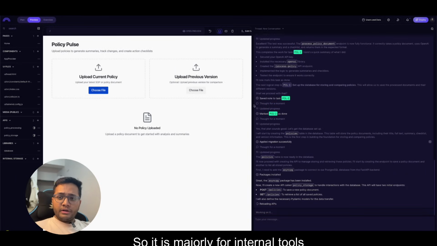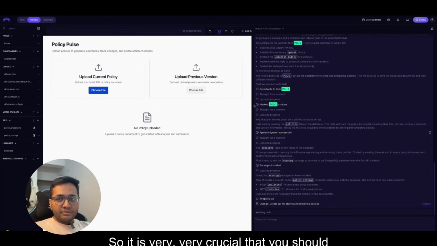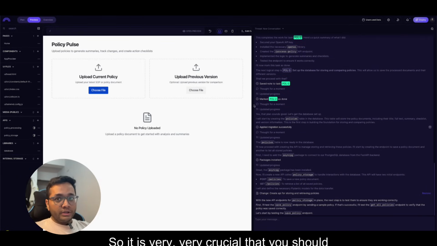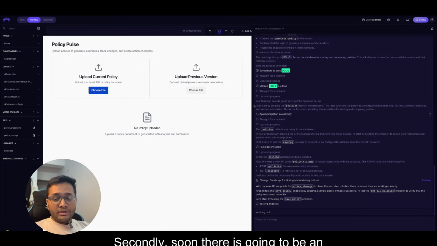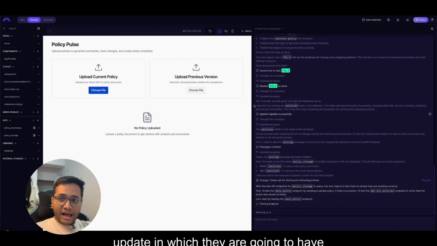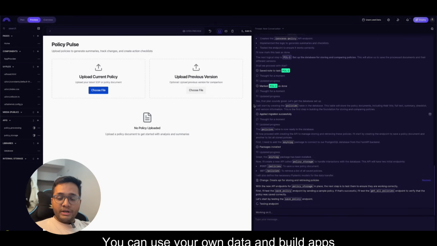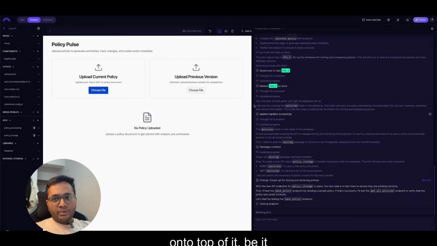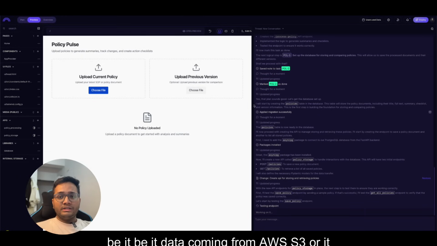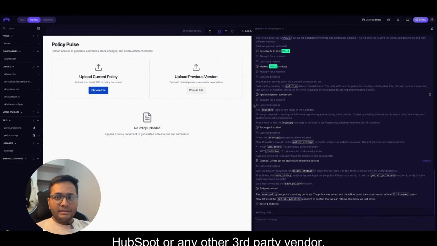So it is majorly for internal tools specific to any particular task that you want to create, and it can drive productivity in your day-to-day life. So it's very, very crucial that you should use it. Secondly, soon there's going to be an update in which they are going to have different data sources that you can attach to it. You can use your own data and build apps on top of it, be it data coming from Amazon S3, or it's coming from HubSpot or any other third-party